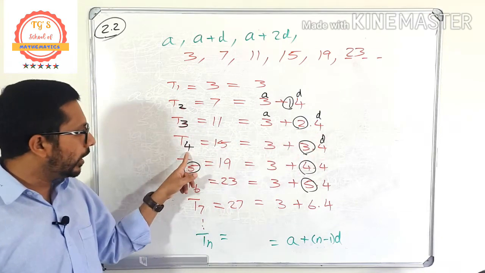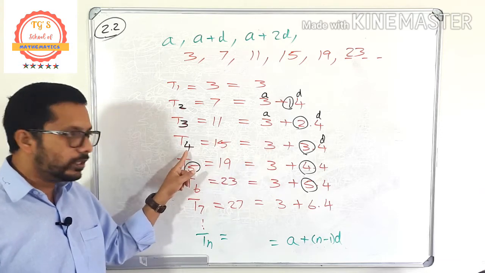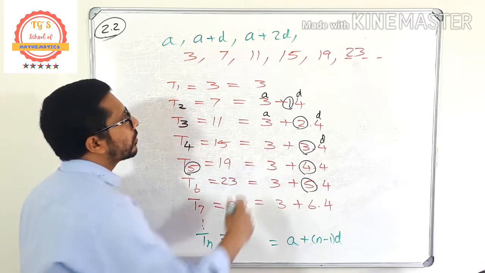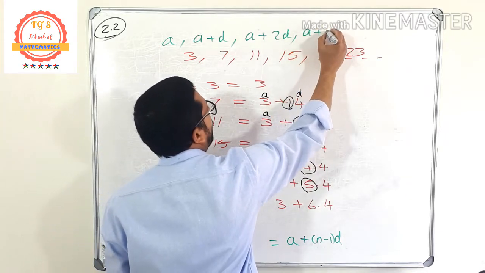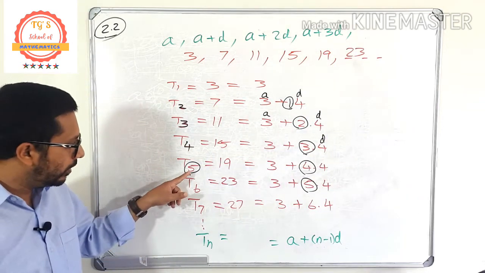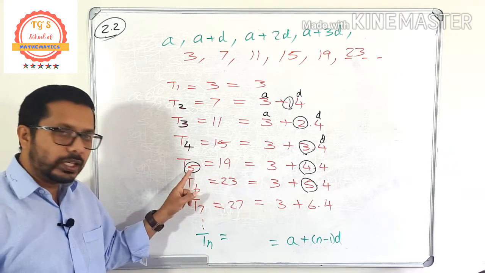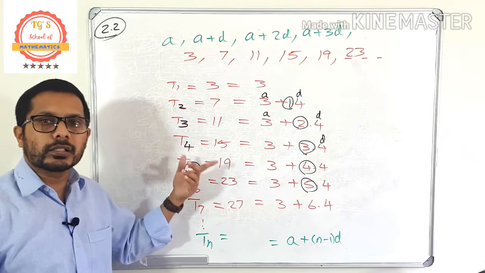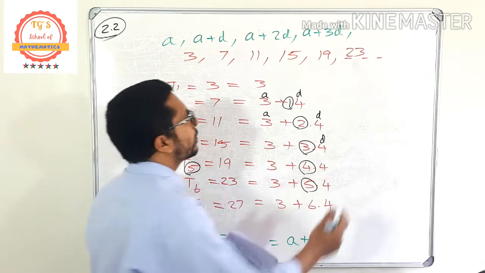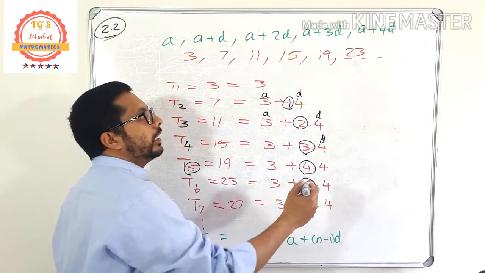Okay, the fourth term, how can I write it? A plus 1 less than this one, for the fourth term, that means a plus 3d. So the fourth term is a plus 3d. Then the fifth term, how can I write it? A plus 1 less than this one, here it is the fifth term, that means 1 less, that is 4. Okay, so 4d. So the fifth term is a plus 4d, always it's like that.